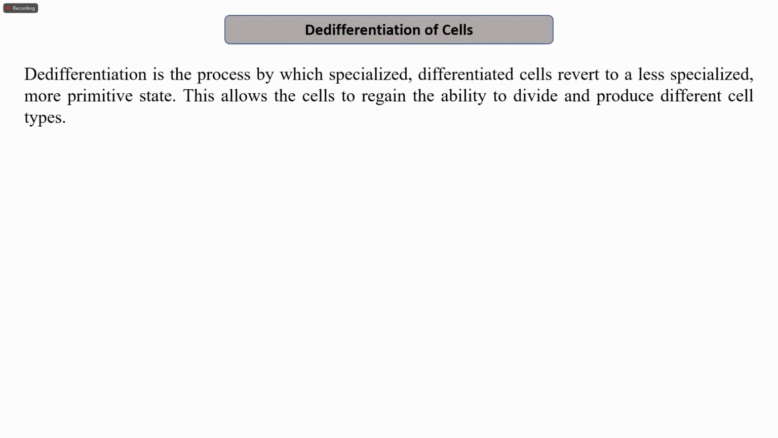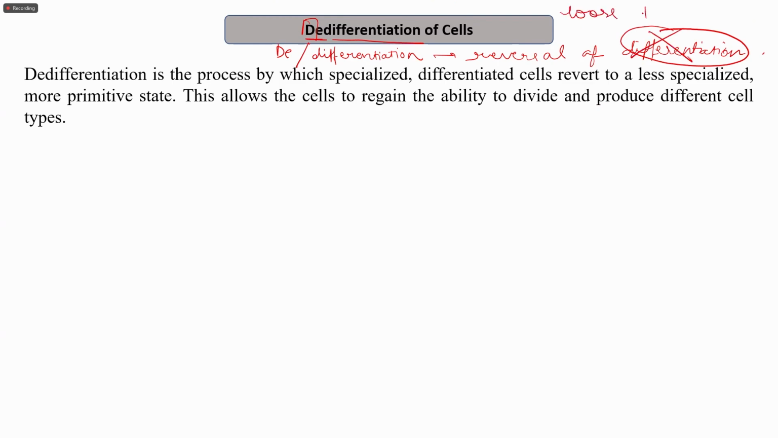So these are certain examples where the differentiation of cells happens and cells acquire a particular function within the plants. Then the next process is de-differentiation. As the name suggests, if I break it into two parts, de-differentiation means reversal of differentiation. That is, the cells are de-differentiated. In differentiation, they acquire a particular function. So in de-differentiation, they will lose that function